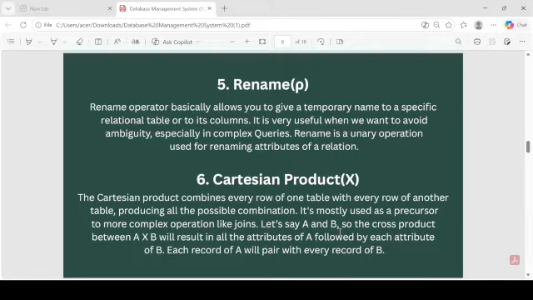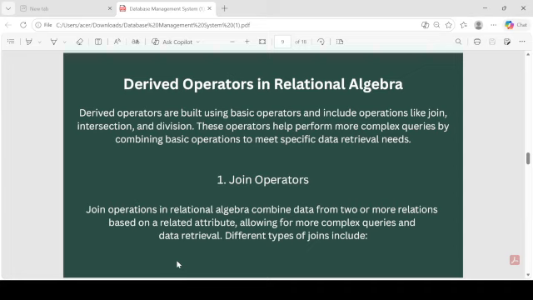Let's take an example, A and B. The cross product A cross B will result in all the attributes of A followed by each attribute of B. Each record of A will pair with every record of B, like set theory. All right, so this is the Cartesian product. I will give you an example in a further video so that you can understand this topic more clearly.